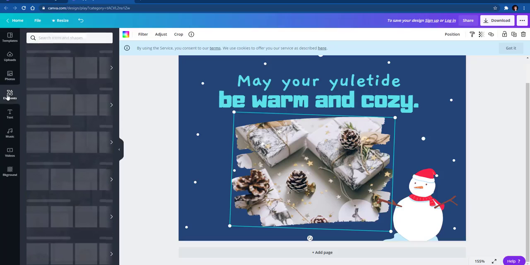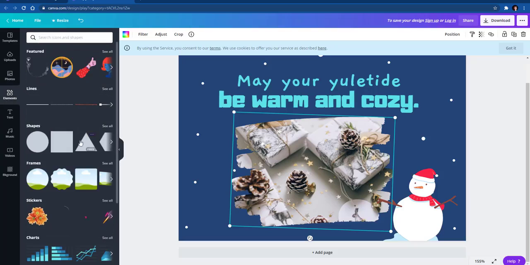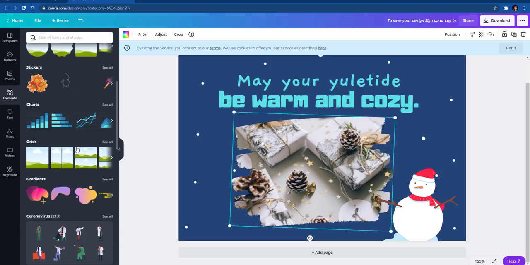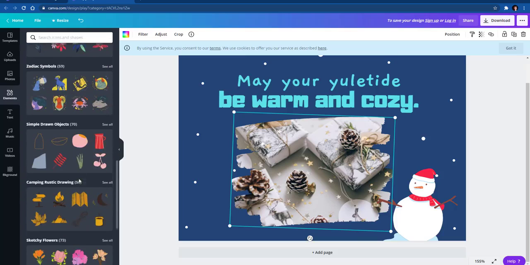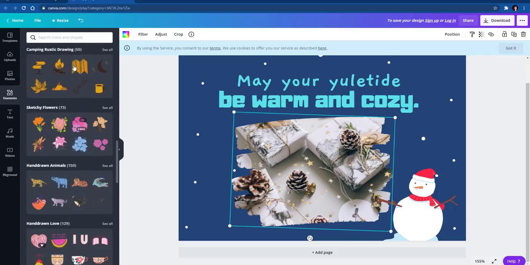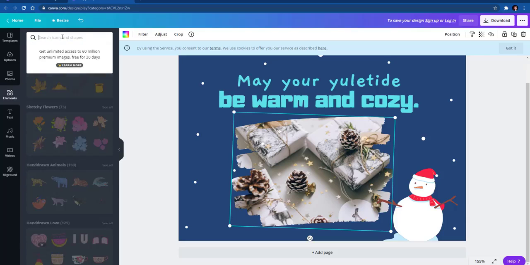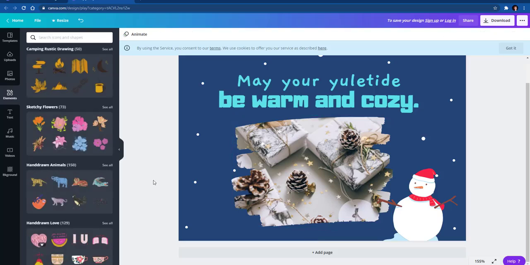The next thing down here is they have elements, and these are just extra things that you can add to your presentation. As you can see, there's shapes and frames and stickers and all types of different things. And you can even search here if you want to by category to be able to find something to add